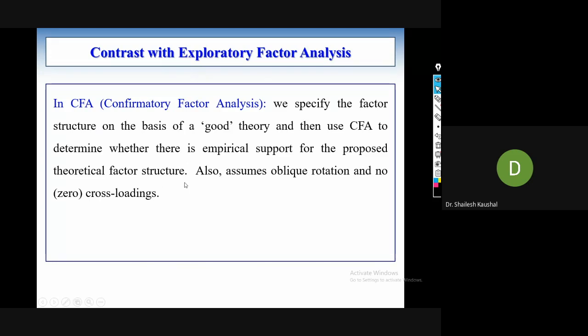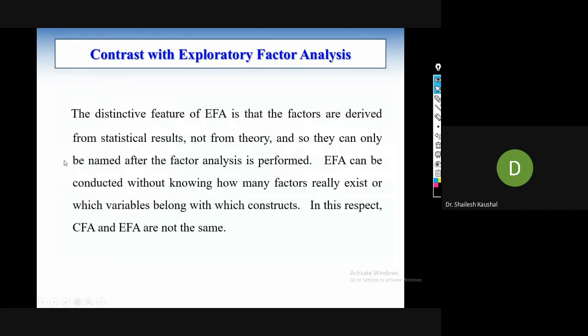Okay, what does it mean? So basically, in quantitative research, we test the theories or confirm the theories. If we want to develop a new scale, then we should conduct the qualitative research first and then quantitative. But if we are using any theory, we just test the theory or confirm the theory in the confirmatory factor analysis. So we need theory to confirm or test the theory.